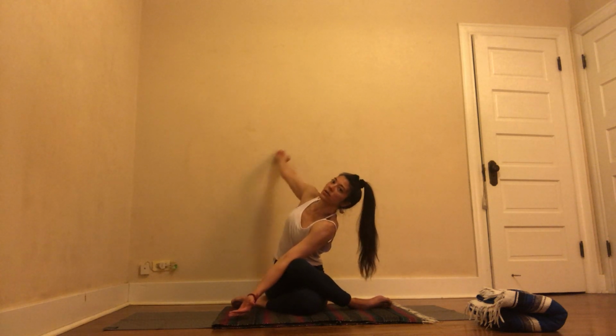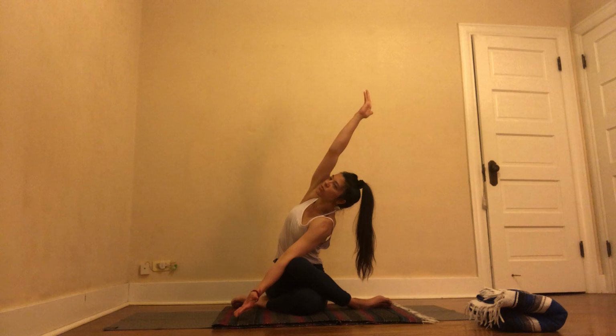Right arm, stretch it up, side bend. Breathe. So I feel that same side body opening. I'm getting a little bit of a different work into my hip because the left leg is pushing down onto my right leg. Then I turn, push, rotate, back arm, circling, reach to the arm, turn your back, wrap your